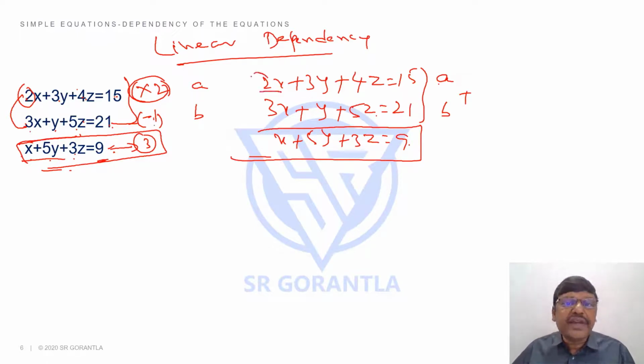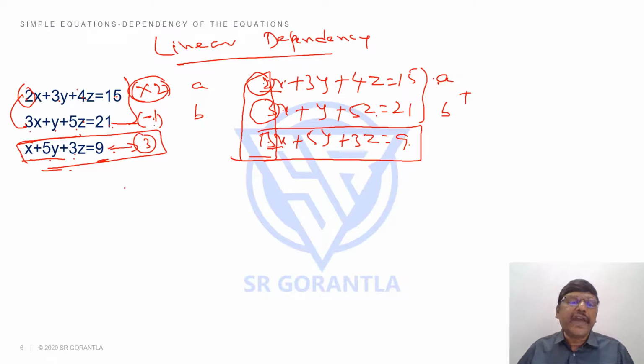Students, if I multiply this a times, what will be the x coefficient? 2a. What will be the x coefficient here? 3a. But when you're adding, you are getting this equation, which means the sum of these two coefficients of x must be equal to the coefficient of x here, nothing but 1. So we call these vertical equations.